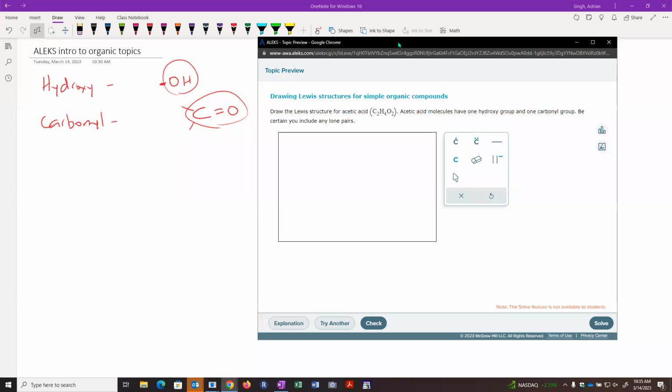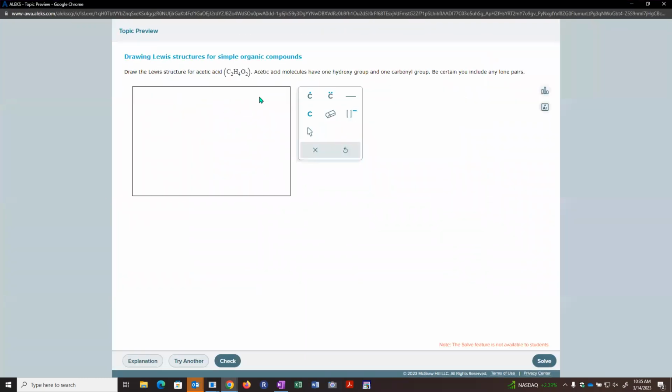Okay, so here we have our drawing tool, which we've used before. So we have C2H4O2. And remember your rules for drawing Lewis structures. Usually when you see carbon in the structure, you want to stick that in the middle. So we're going to put carbon here. And we want to have a bond to another atom. And there are 2 carbons, so guess what? Those carbons should probably go together. We have 4 H's and we have 2 O's. Now remember